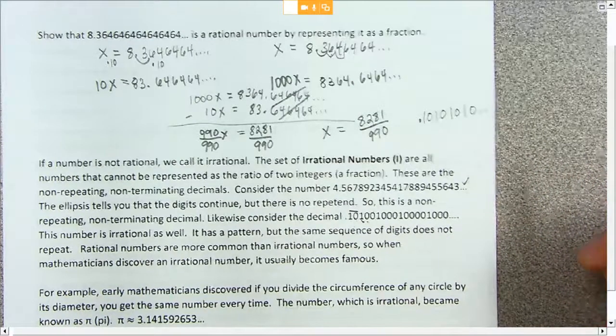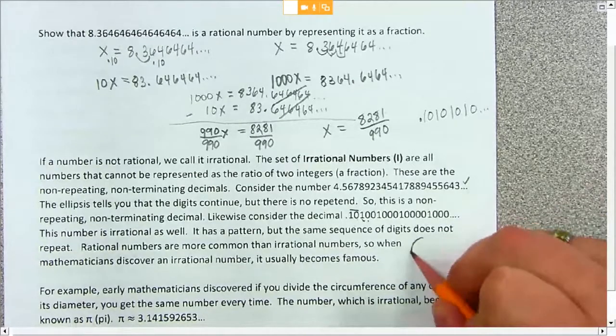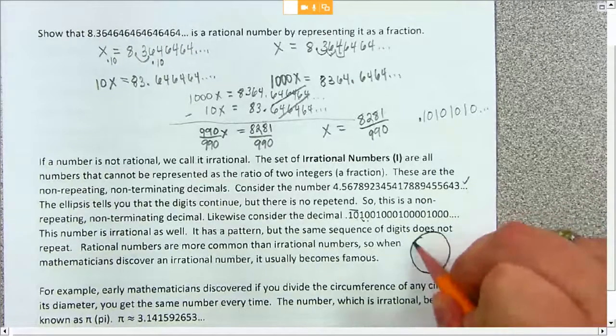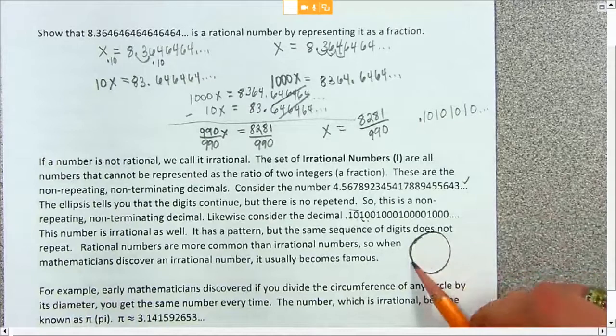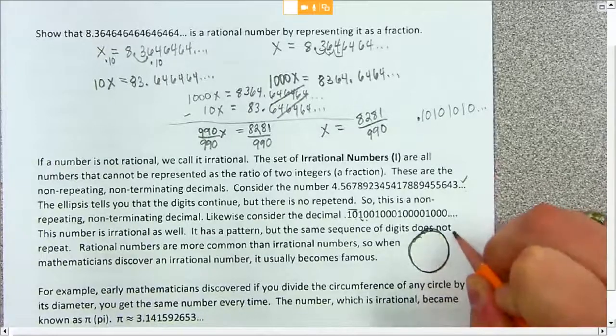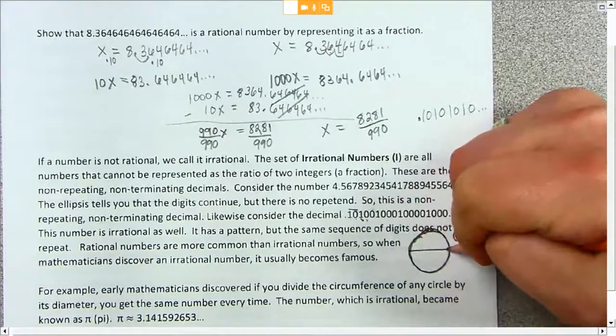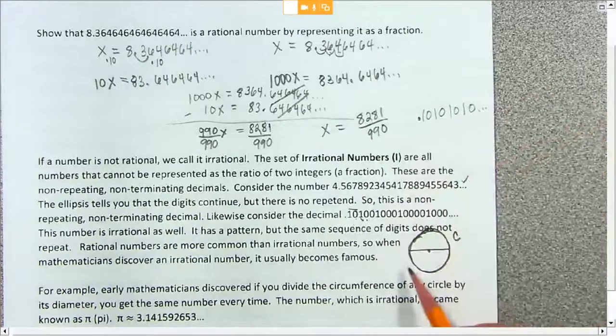Irrational numbers are not as common as rational ones. So most of the time when mathematicians discover one, it becomes famous. We mentioned pi earlier, right? Pi, basically, if I look at a circle, and the distance around the circle, if you take and measure the distance around that circle, it's called the circumference. If you take a line that goes through the middle of the circle and hits the circle on both ends,